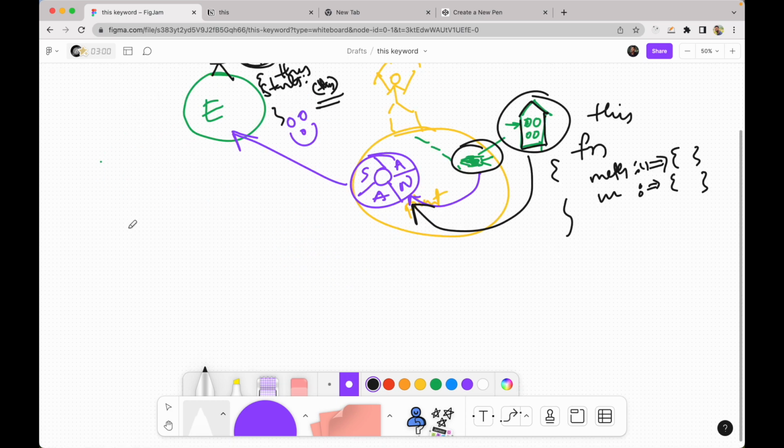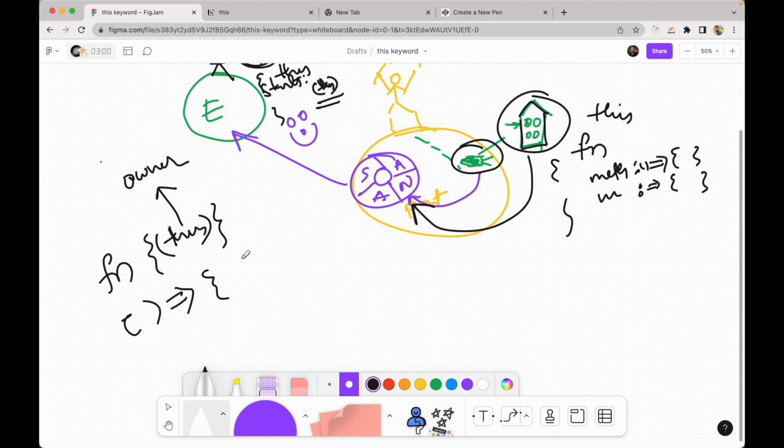All I want to convey is that if we use the this keyword inside a regular function, then this points to the owner object. But if we use arrow functions, the this keyword represents its parent's